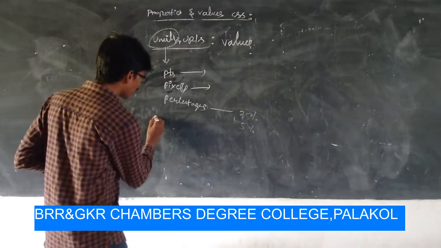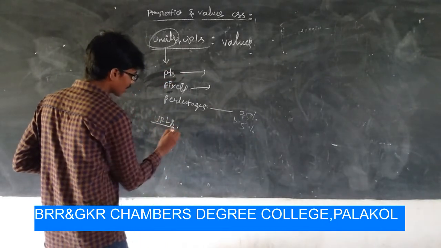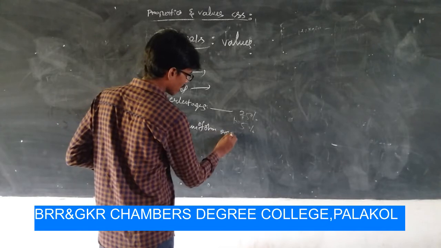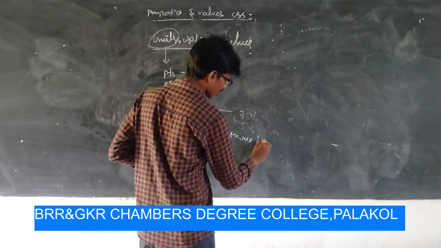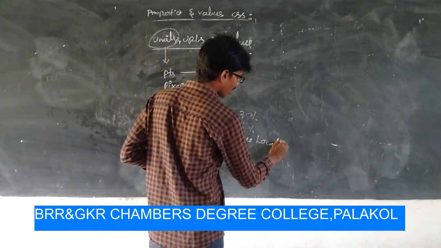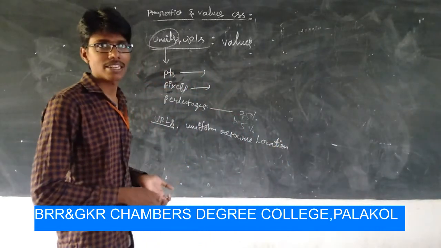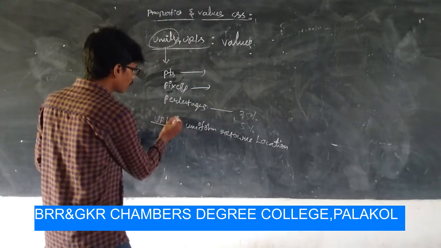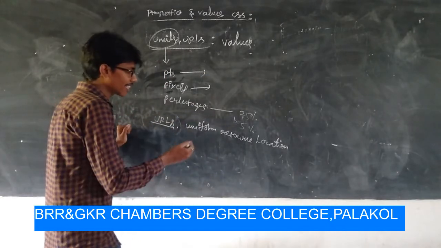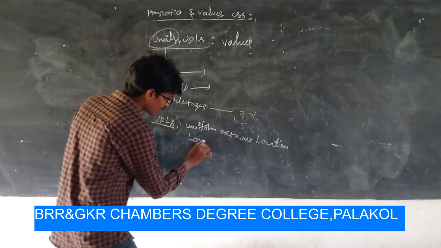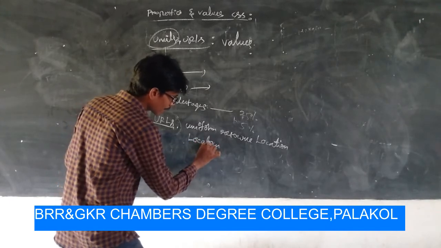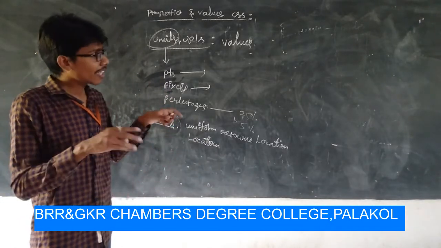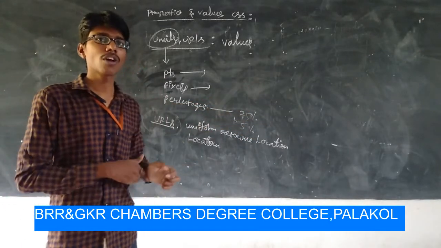Okay, next one is URLs. URLs are nothing but the uniform resource locator. This is used to locate the image or audio or video, whatever content you want to present in the document preparation. There you mention the URL value. URL is nothing but the resource locator. For example, the location of a file that can be present in our local drives or devices. These are used to locate that file. That file can be automatically applied to the document preparation.